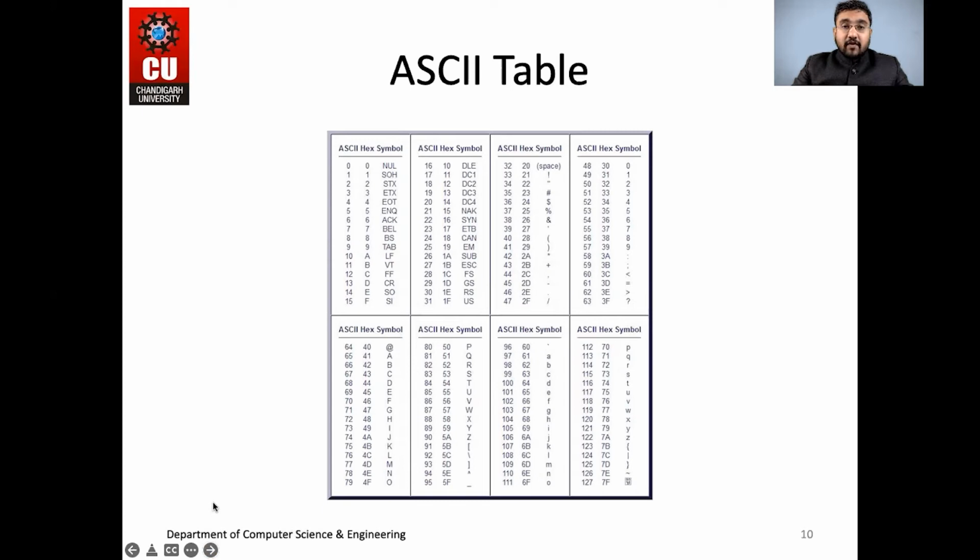Yes, this we have already discussed. So this is the ASCII table. ASCII stands for American Standard Code for Information Interchange, right? And it includes a description of the letters, numbers, special characters, and there are some control symbols as well, as you could see. Each character is assigned a unique 7-bit code, right? So the ASCII codes could be further translated to a unique 7-bit code. Now, moving on,